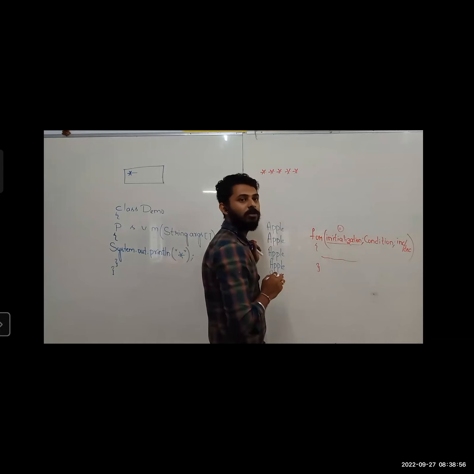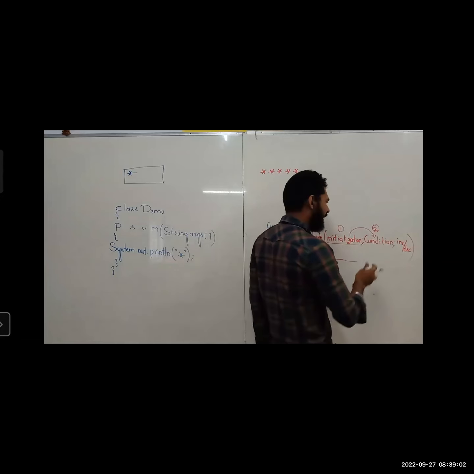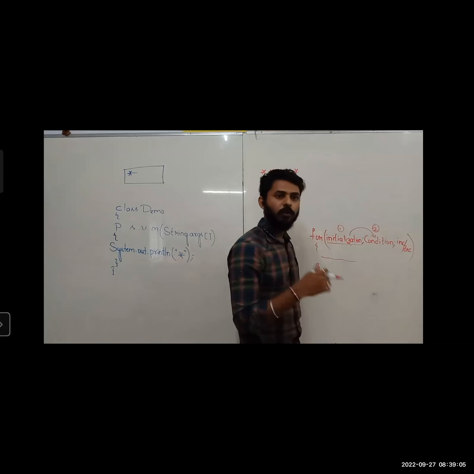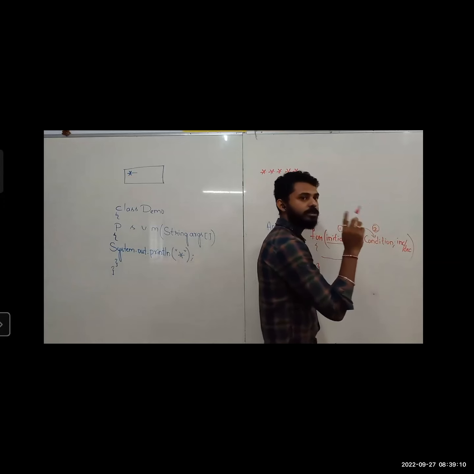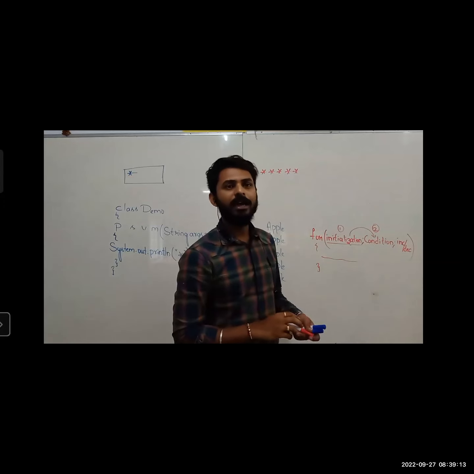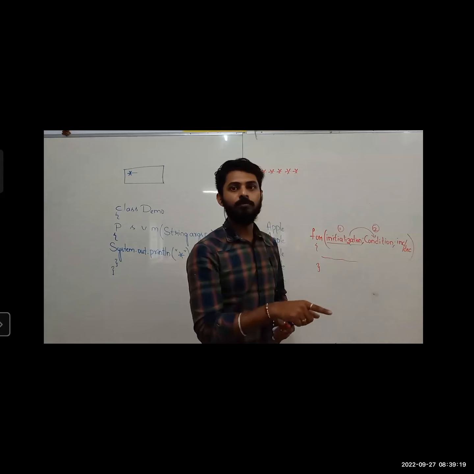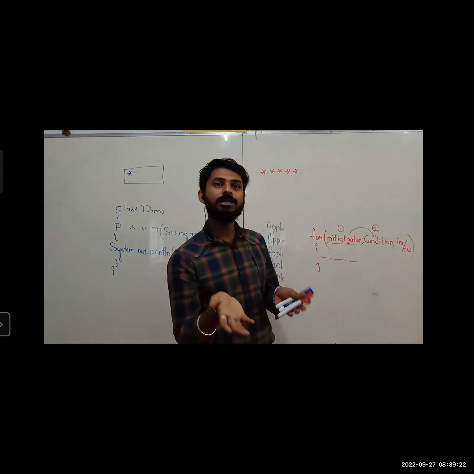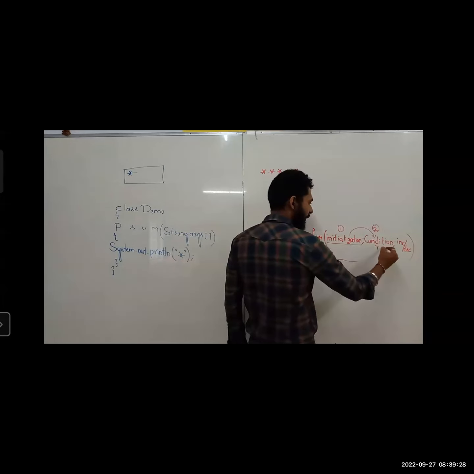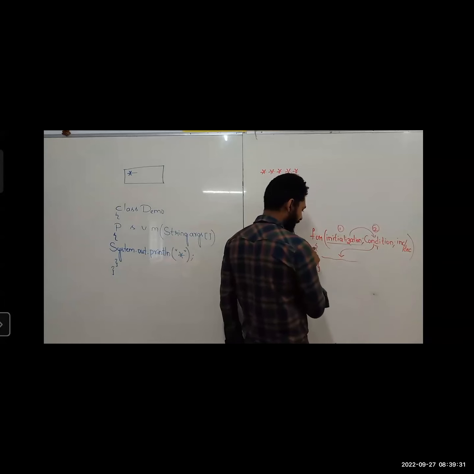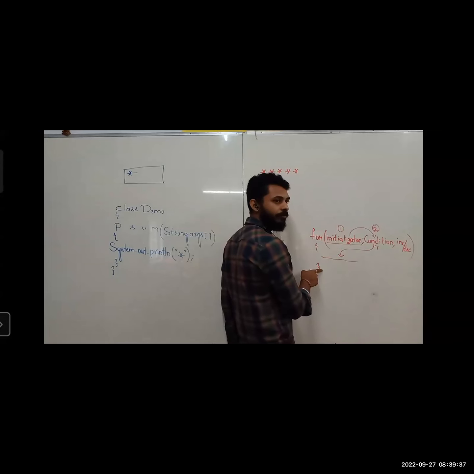Okay. Next, where it will go? Condition. Next, it will go to condition. In condition, whatever is written, whatever you want, you can write. It will check that condition. If condition is true, see, 2 cases can be there. What are those? Either condition can be true or condition can be false. If condition is true, it will do some work. If condition is false, it will come out of it. Means if condition is true, then it will come inside and it will execute whatever is present inside. When condition is true, it is executing from here till here, whatever you write.